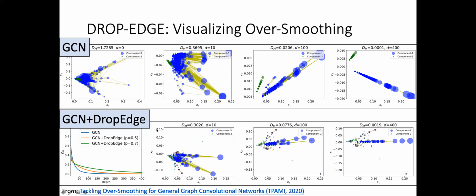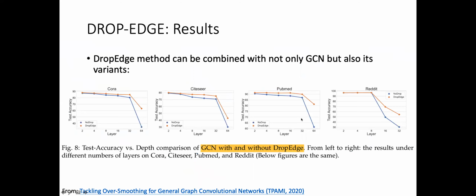So if we compare these two figures, we can find this drop edge is very helpful for alleviating the oversmoothing problem. And these results show that this drop edge method can be combined with not only the GCN but also its variants. So we can see that this is GCN with and without the drop edge. If we compare this blue curve and the orange curve, we can see that the orange curve has a better performance, which means